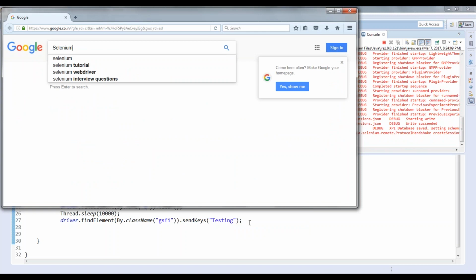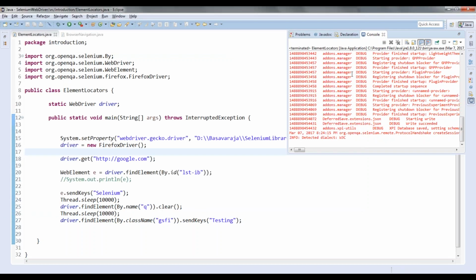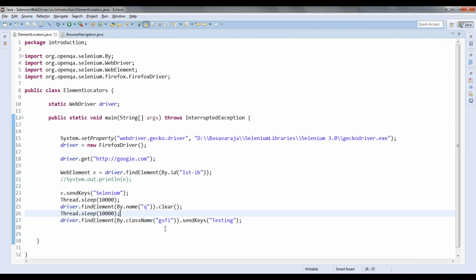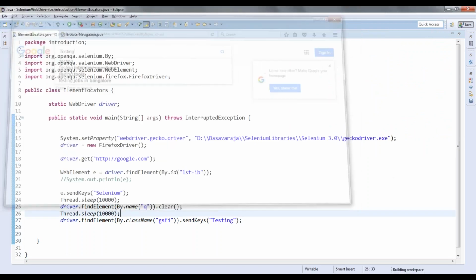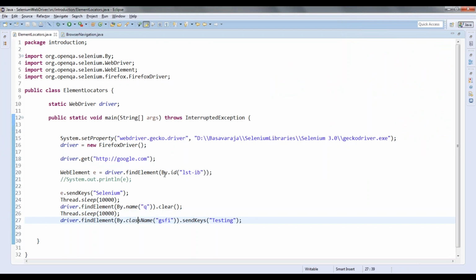After 10 seconds it will clear that field. Okay, so after 10 seconds it will enter testing. Okay, so that's how we can use all these operations. So that's about the name, class name and ID.